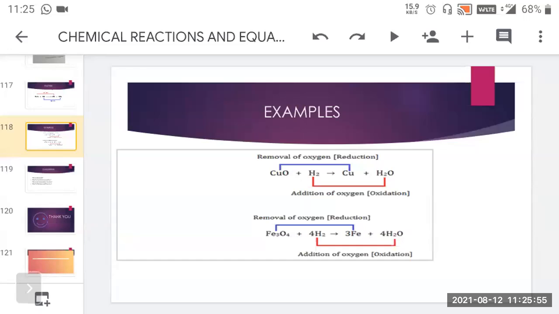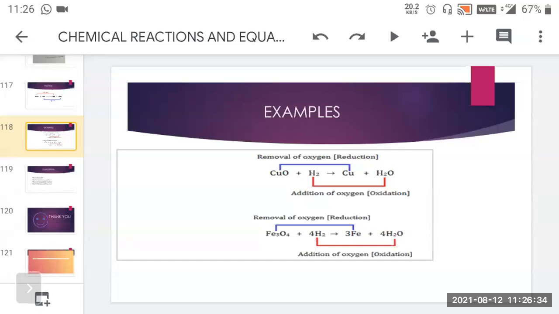Whereas the addition of oxygen is taking place with the hydrogen. So here we can say oxidation of hydrogen takes place. Hydrogen gains the oxygen from the Fe and hence it gets oxidized. That's why on the product side 4H2O is given. Now these coefficients are given for balancing the chemical equation. So in the same chemical reaction, when oxidation and reduction take place, it is a redox reaction. Students, likewise, you have to see which type of reactions are given to you.